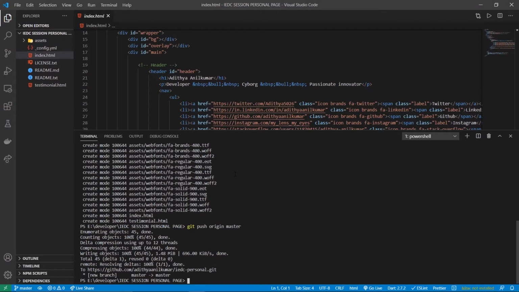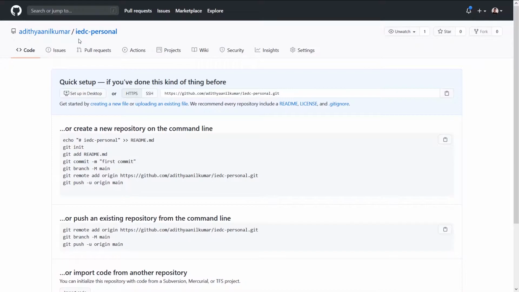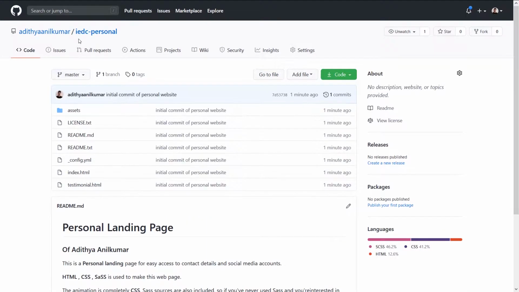Now you can see this has created a new branch called master, and it has successfully synced all the changes we have made here with the GitHub repository. So now going back to the GitHub repository, let me quickly refresh this. As you can see, the repository changes we made have been reflected in the repository.